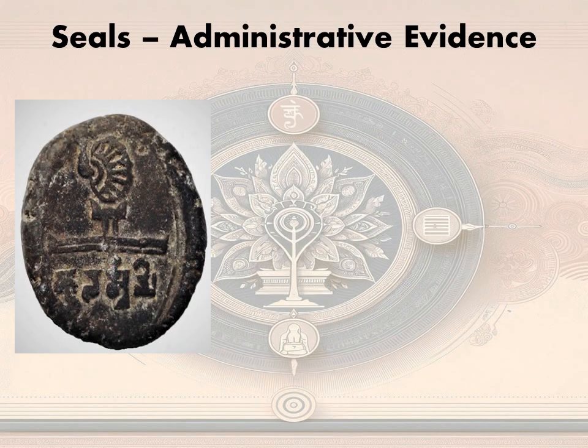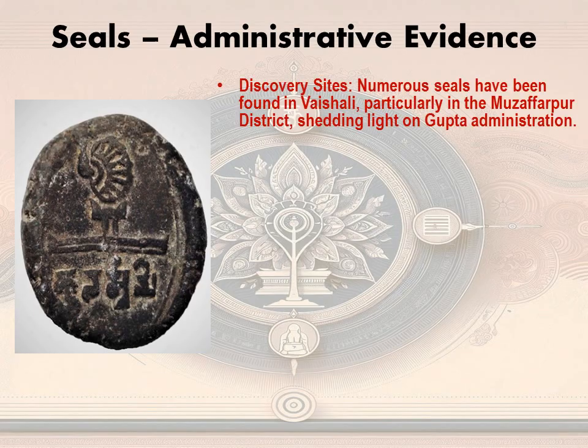Seals, administrative evidence. So, what were the seals during the Gupta period and how were they important in Gupta administration? Numerous seals have been found in Vaishali, particularly in Muzaffarpur district, shedding light on Gupta administration. So Vaishali is a place where numerous Gupta seals have been found, and thus it sheds light on the administrative